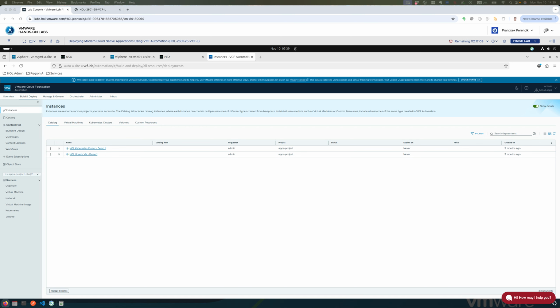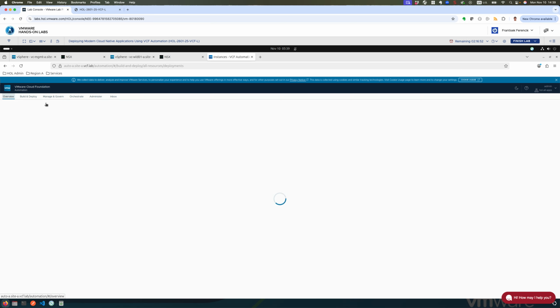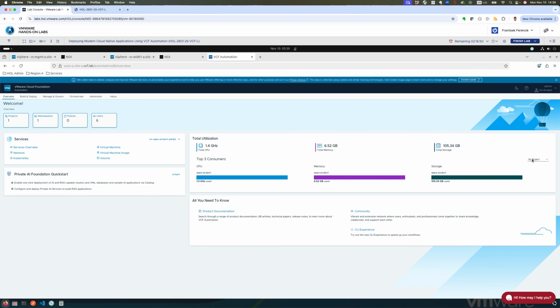Right, so let's check it out here. We are on the part of VMware Cloud Foundation which is called automation. That means we have an overview of projects. We can see some kind of apps project from storage, memory, and CPU perspective,